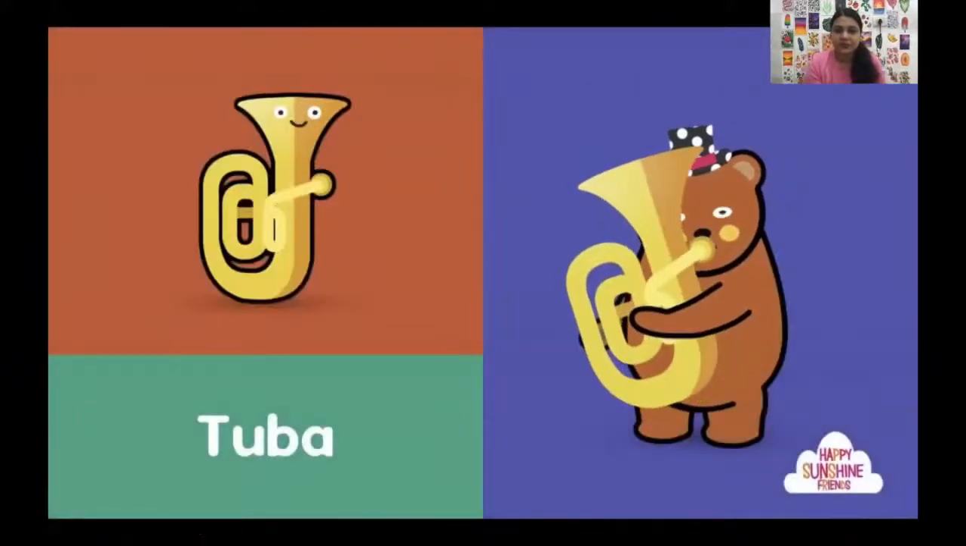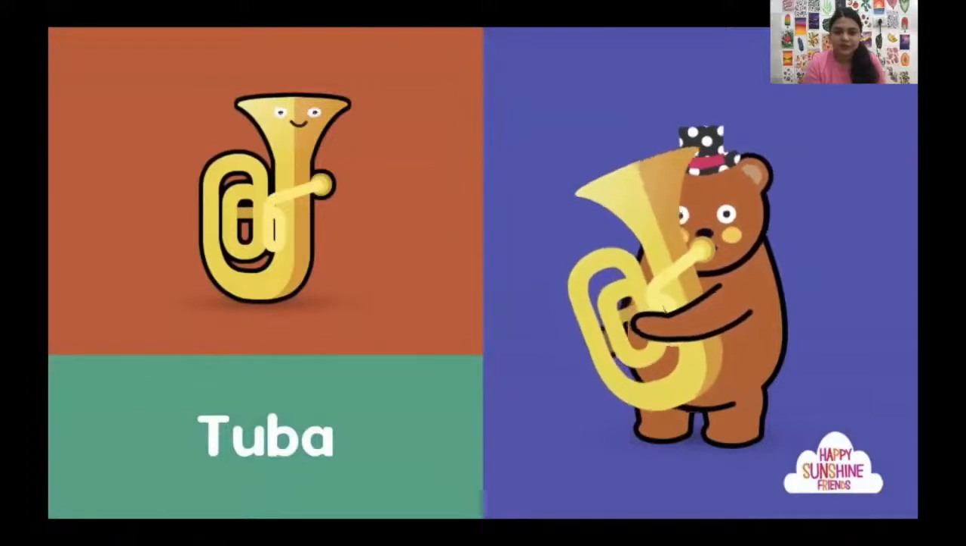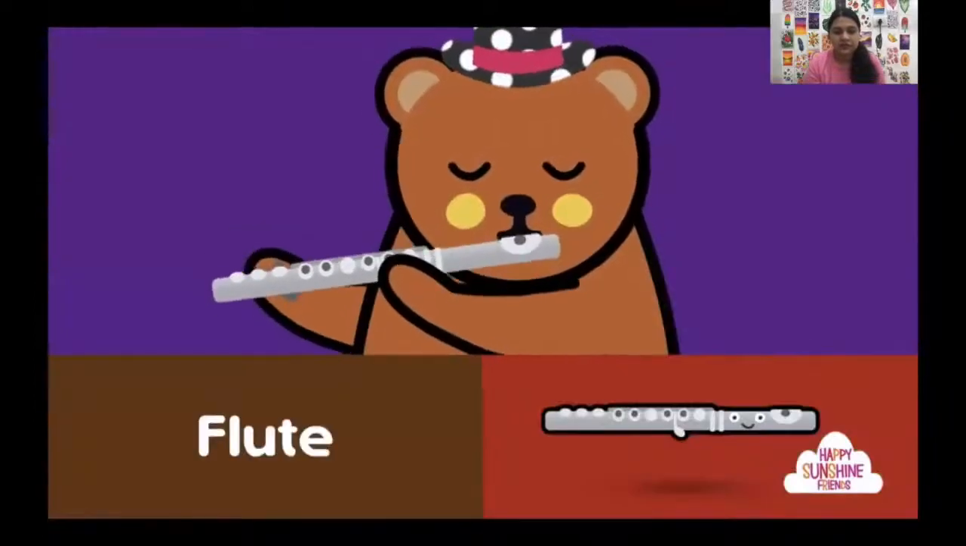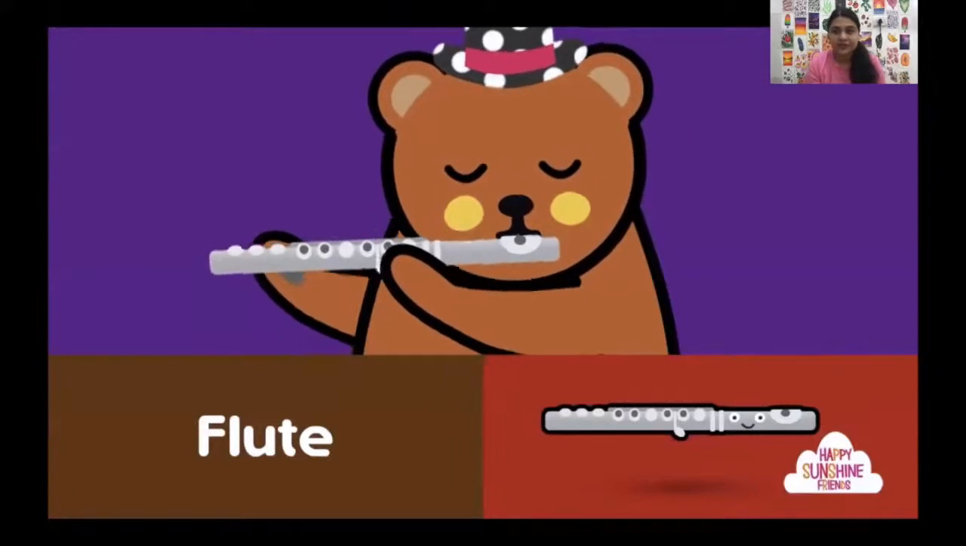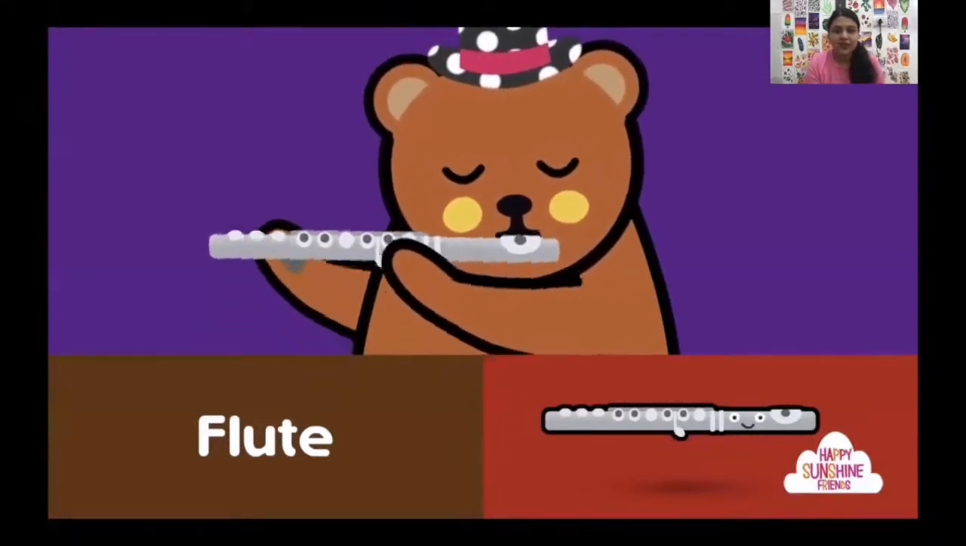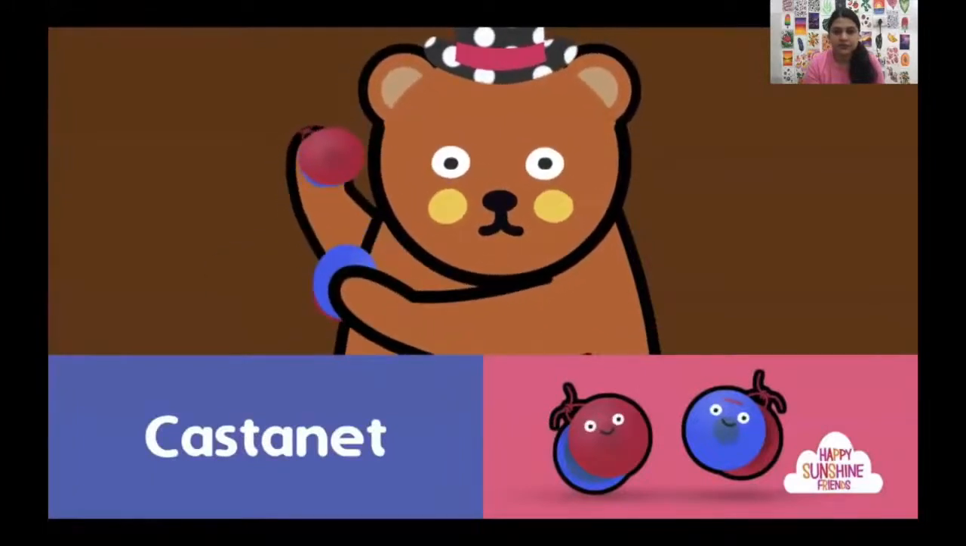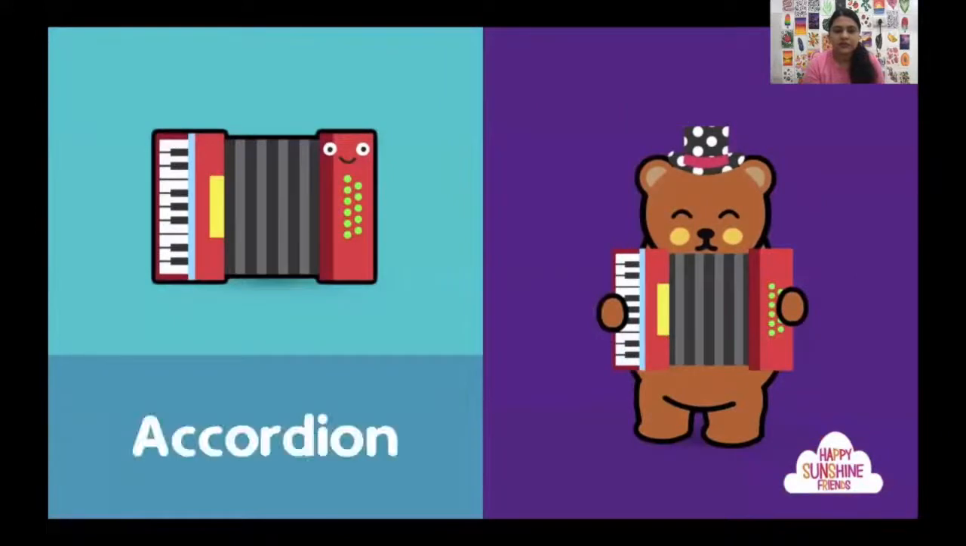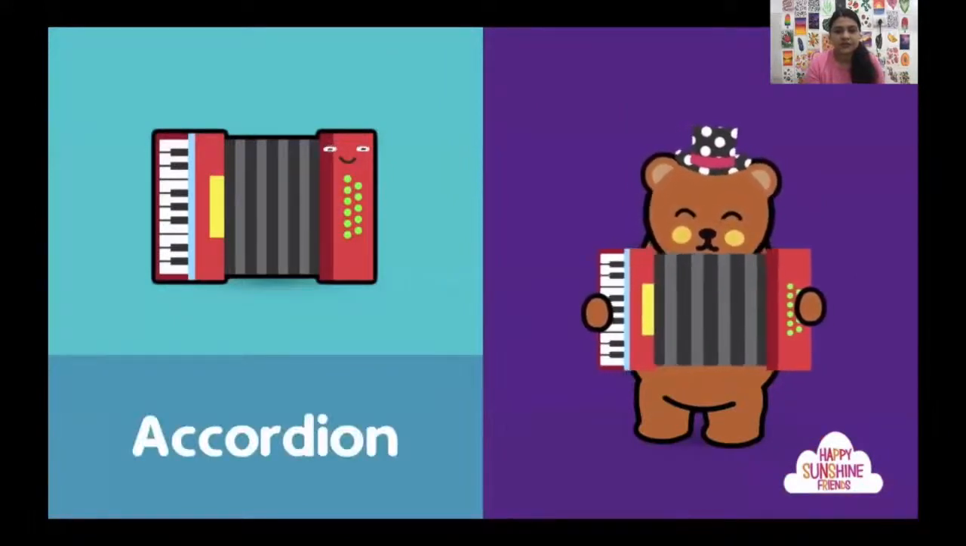Tuba, harp, flute, castanet, saxophone, accordion,